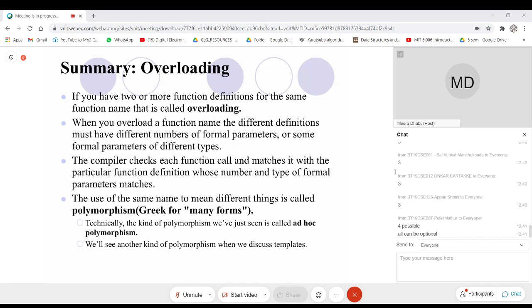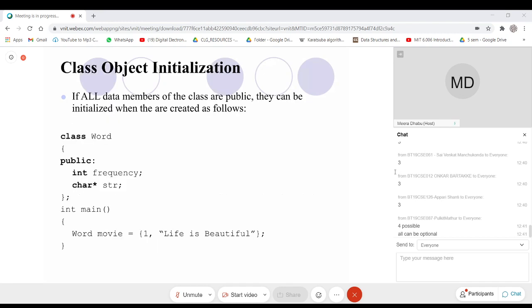Object initialization. Now we are done with the class definition and declaration. Now we will make use of that class definition to instantiate an instance of a class. It is just like creating a variable, declaring a variable.